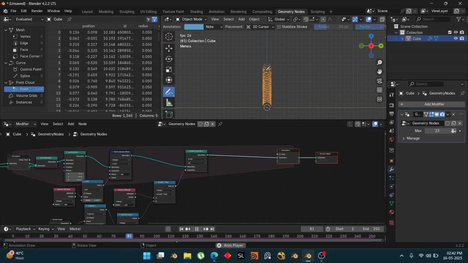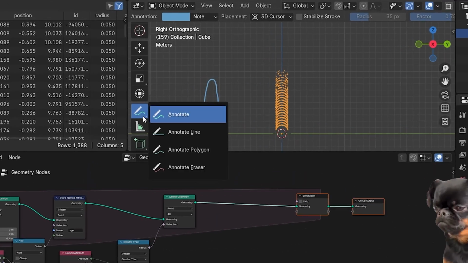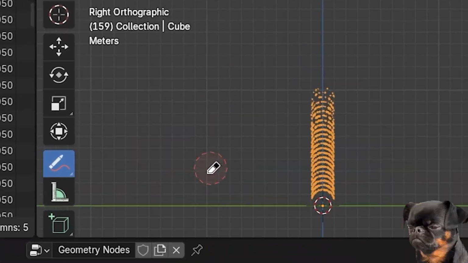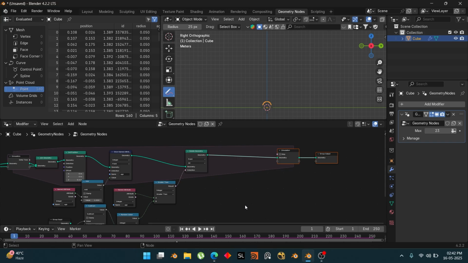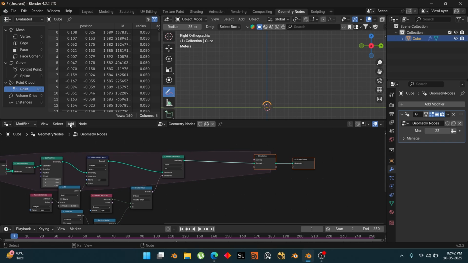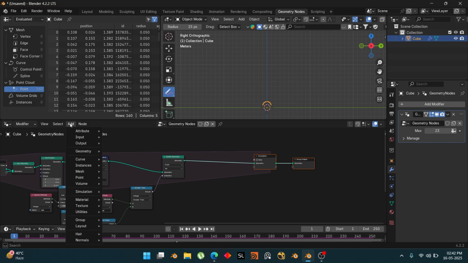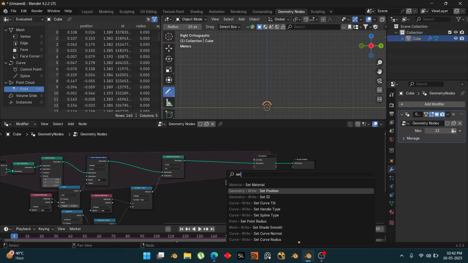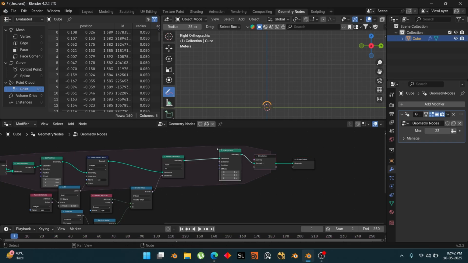So we need to create that over here. What we can do is use the normal we stored before. Set position,